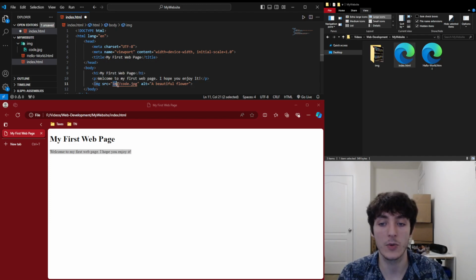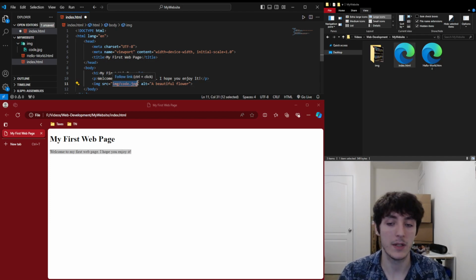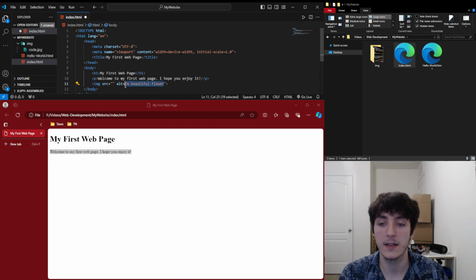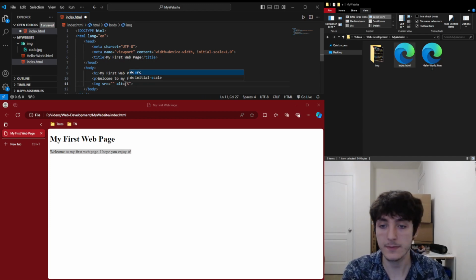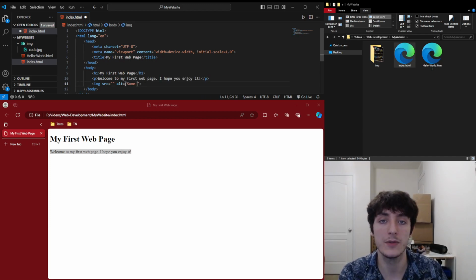This is correct for our image. But here, we're just going to remove it for now. We're just going to say some code, because that's what the content holds in that picture, just some code. So we're going to type this, and then we're going to save this, and we're going to reload the page. And notice it has a little picture emblem right there, and then it says some code. So this is useful if for some reason your picture isn't loading,